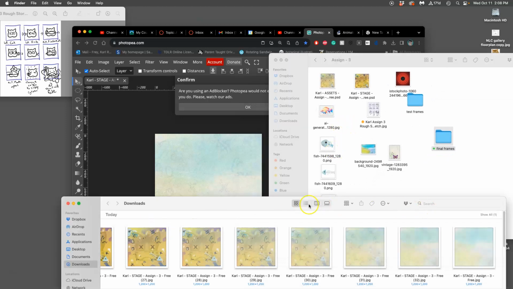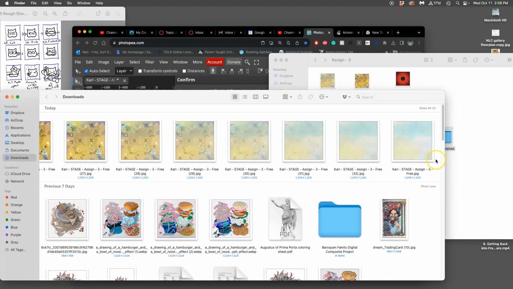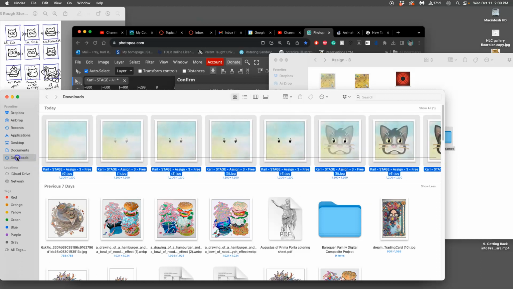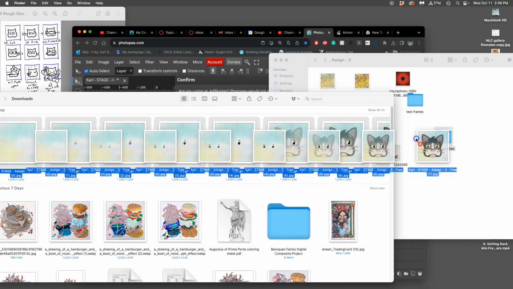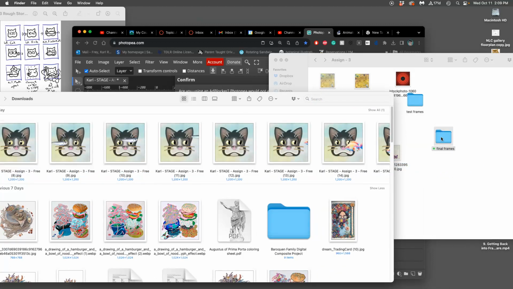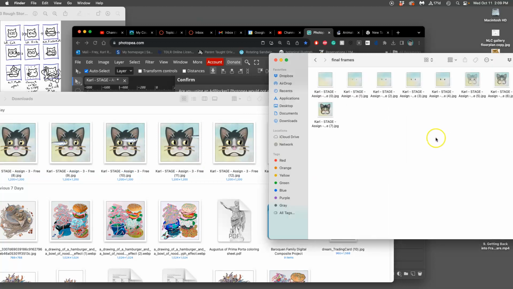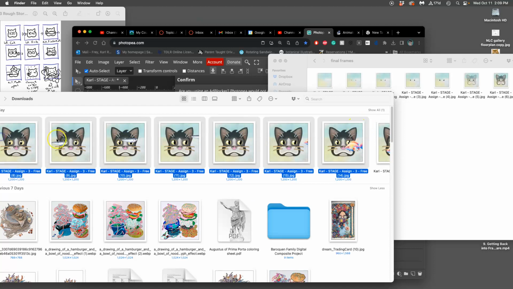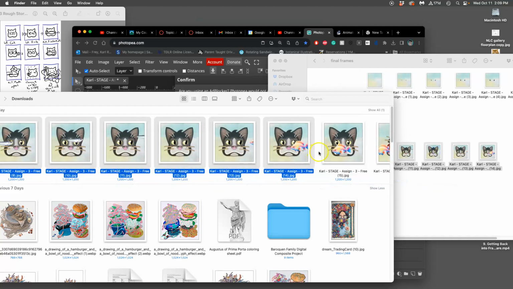And now I'm going to select all these from Downloads, everything I brought in today, and just move those out of Downloads and into my final frames. And it didn't get them all, and that's okay. Because I can always